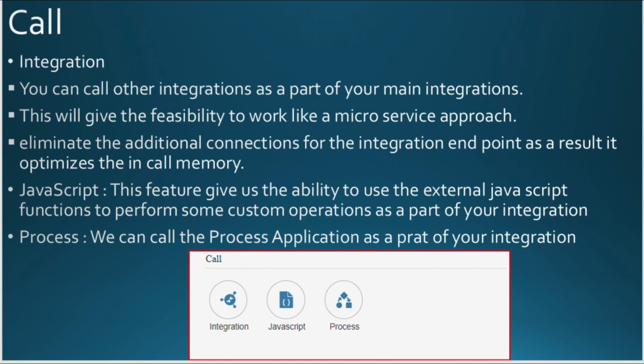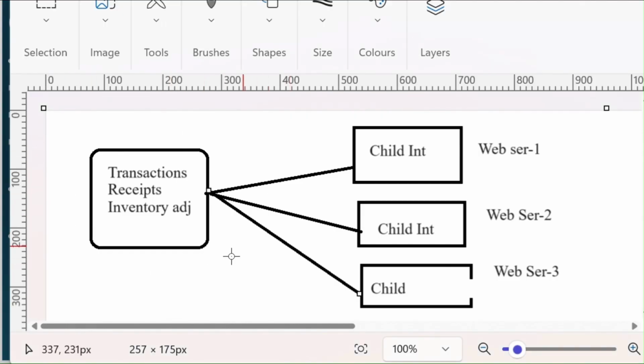Let me go through an example. So we have an integration where it supports creating a PO receipt and also inventory adjustments. In the inventory adjustment, you can perform intra-org transfer, sub-inventory transfer kind of transactions, based on the PO receipt type,